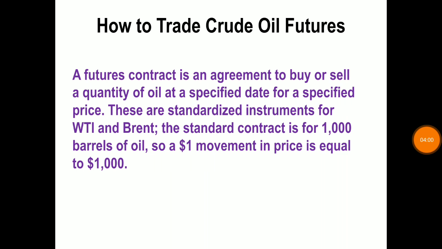So now let us know how to trade crude oil futures. A futures contract is an agreement to buy or sell a quantity of oil at a specific date for a specific price. Either party, the buyer or seller, can draw up the futures contract to purchase or sell at a future date. The important things to know about oil futures are margin, physical delivery, and complexity. Margin: most oil futures contracts require about 10% margin, which is relatively high given the cost of 1000 barrels of oil, although the margin can change depending on the volatility.